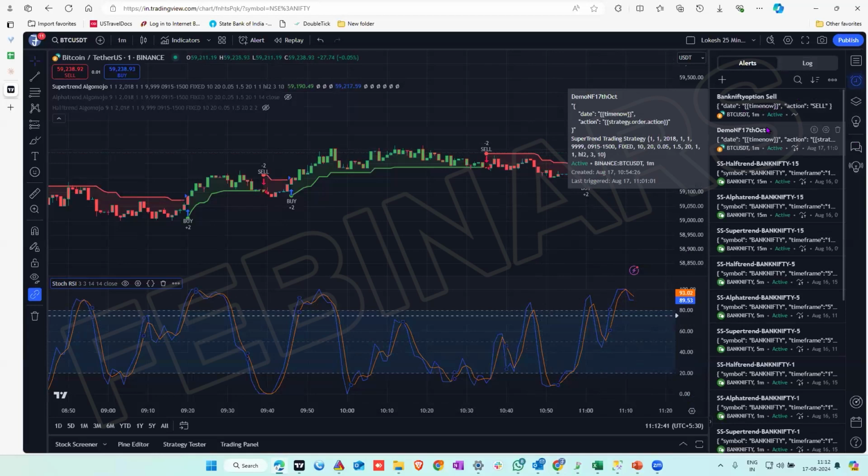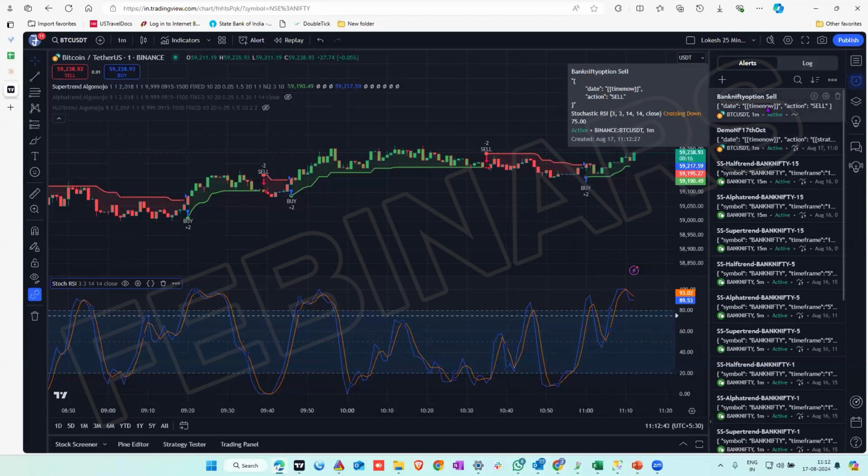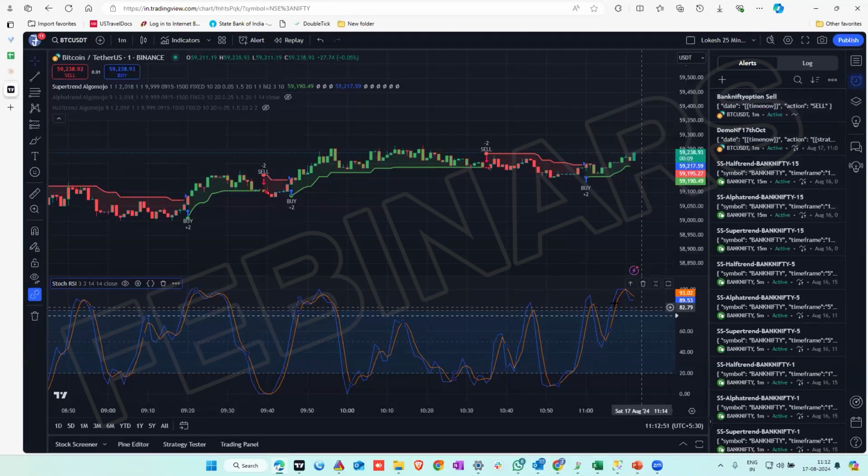Yeah, this is one alert that we created, just for trading in options. And we have said that if the RSI comes down and closes below this arrow, that is 75, what I give manually,